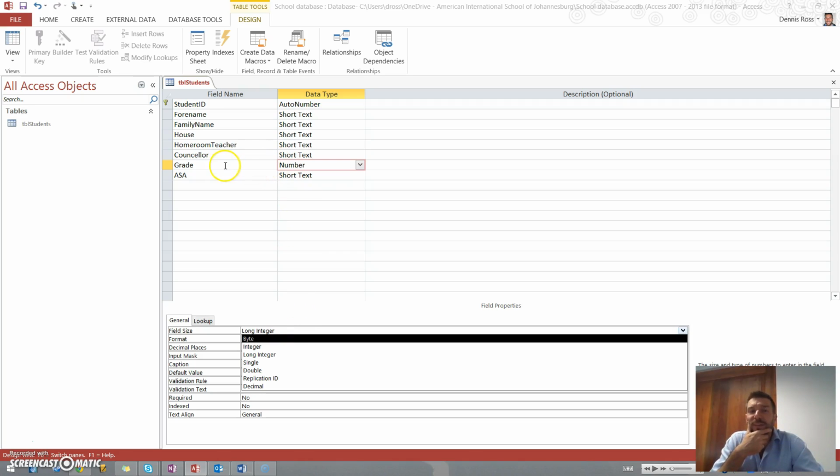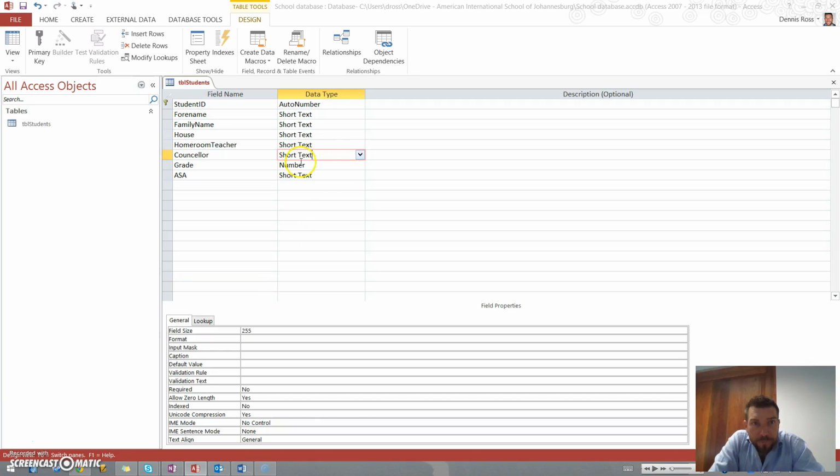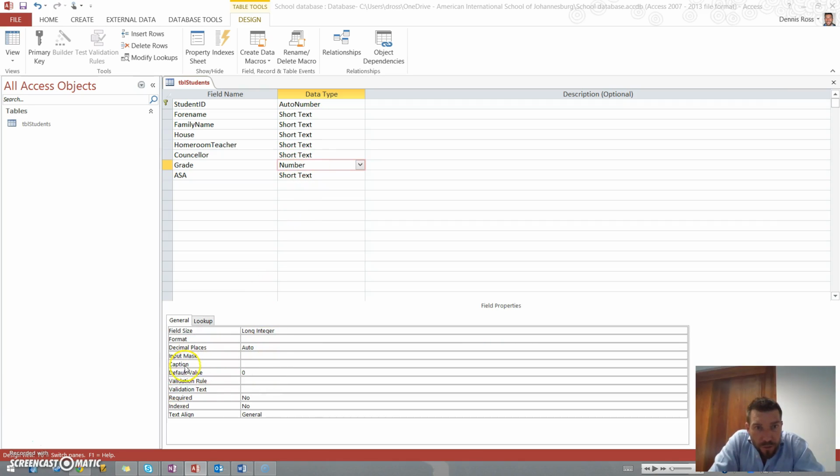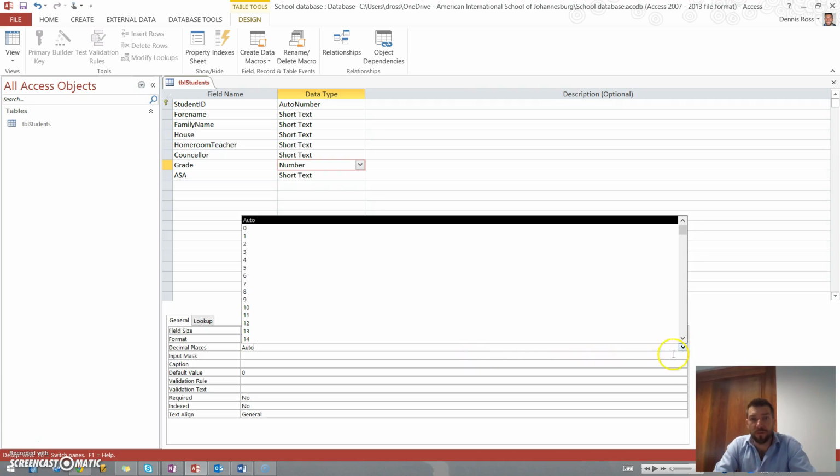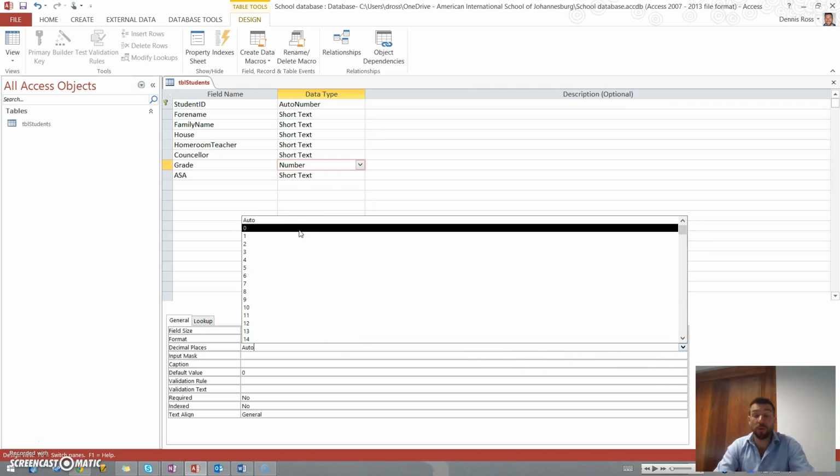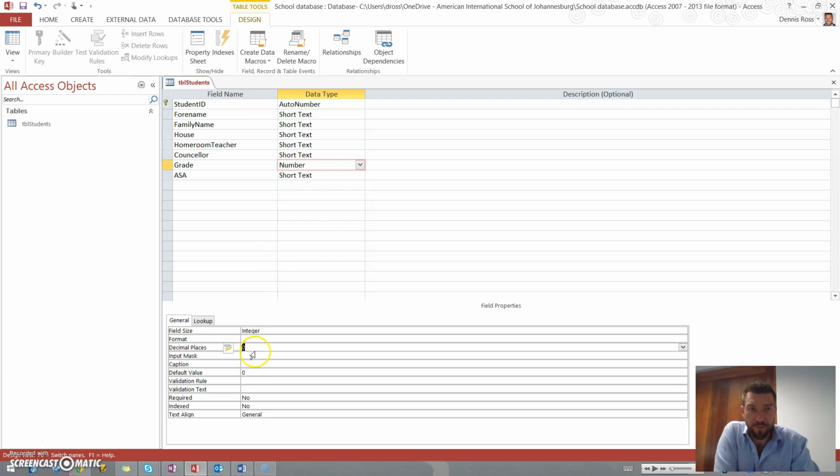Now, this gets interesting because there's only certain numbers that we can put in, yeah? So what we can do with a number is look down here at the validation rule and validation text. So we're going to set this to integer, as a number, and decimal places we're going to set to 0 decimal places, because it's only going to be the number 9, 10, 11 and 12, because it's the grade level. Okay, so I set that to 0 here, and then on the validation rule, I'm going to